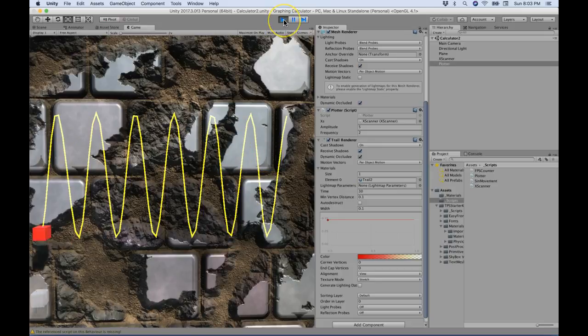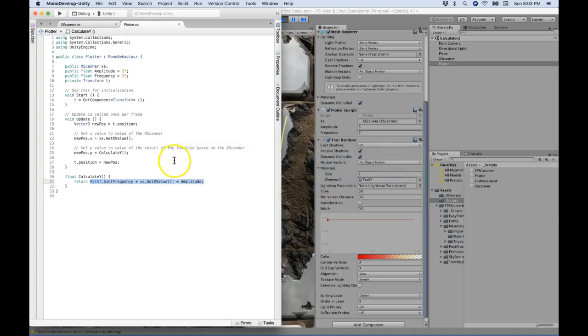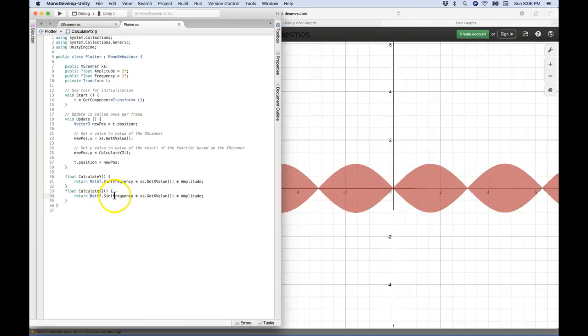Good. But now we can go back to the script and we can either create other calculate y's, which I think we're going to do. Calculate y number 2. And in this one, we're going to do a different graph entirely. Okay, and calculate y2, let's do